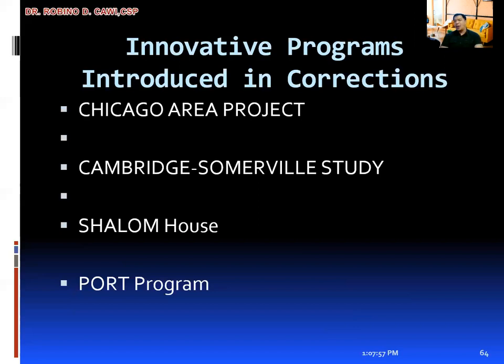So they wanted to know whether or not counseling has an impact in changing the behavior of the delinquent boys with high probability of becoming a criminal. The approach was friendly rather than professional, which involved